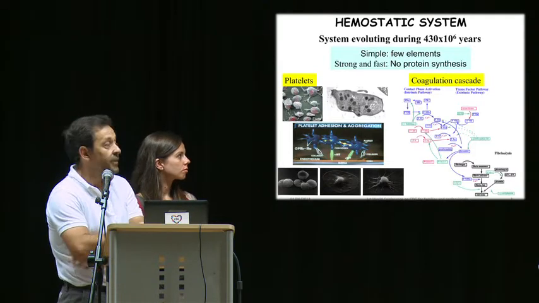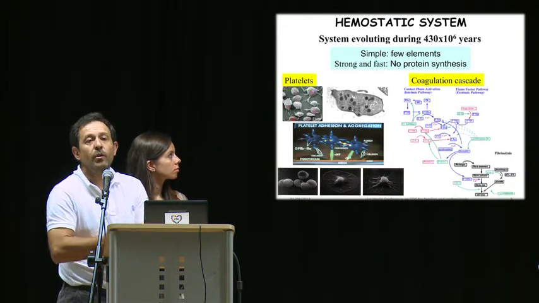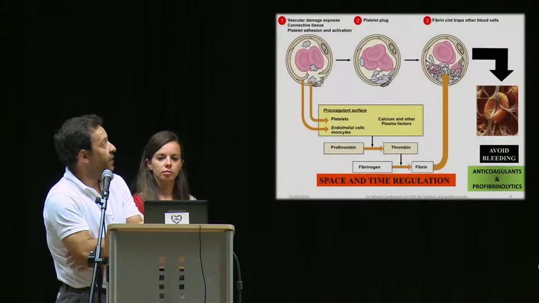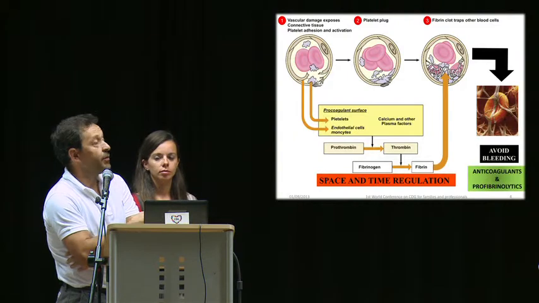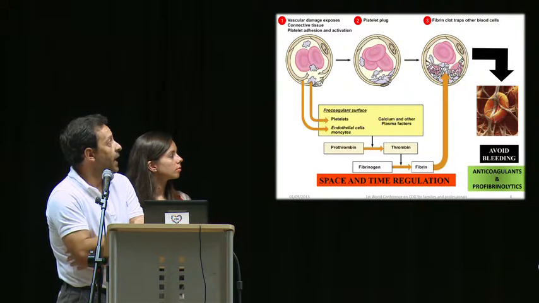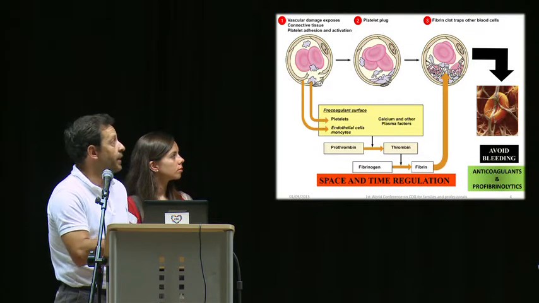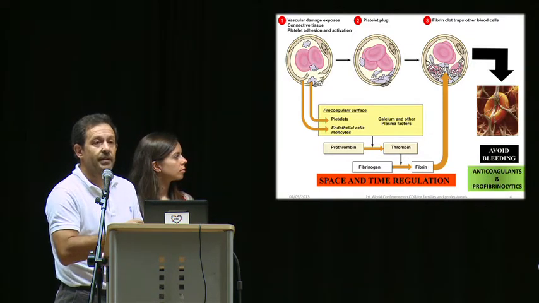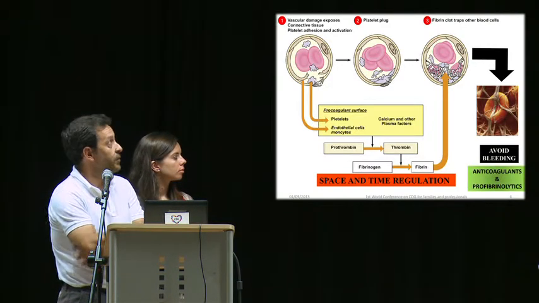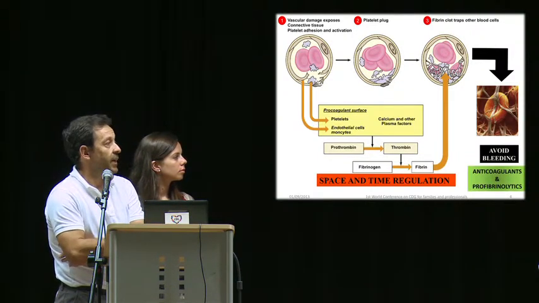And it has been obtained with few elements, only with platelets and a few proteins that are present in plasma. So when the endothelium is damaged, platelets adhere to the endothelium, activate and aggregate, forming the platelet plaque. In parallel, the procoagulant surfaces are able to activate the clotting cascade, leading to the formation of thrombin, the last serine protease, that finally transforms fibrinogen into fibrin. So the fibrin clot and the platelet plaque form the hemostatic plaque that avoids bleeding.